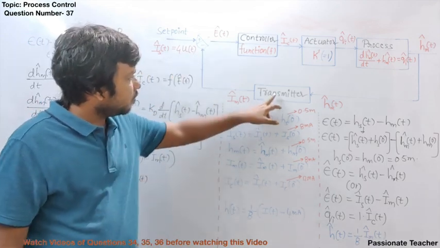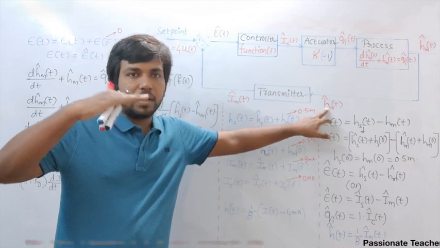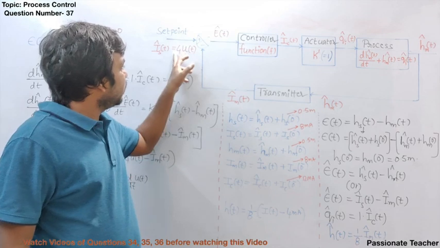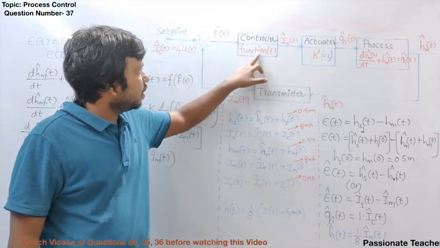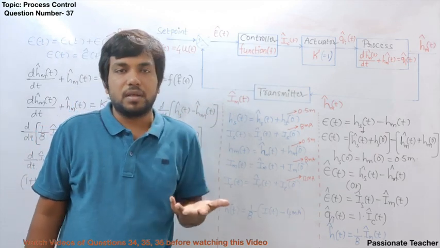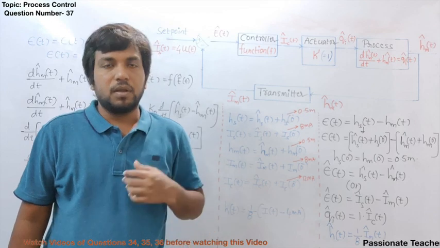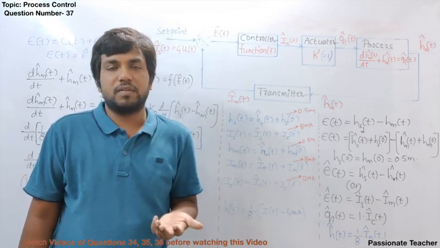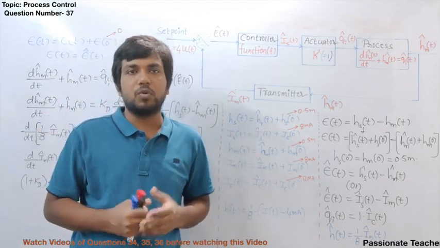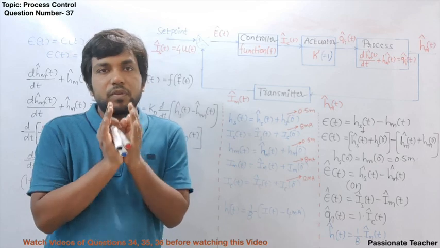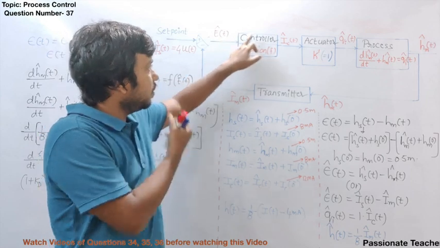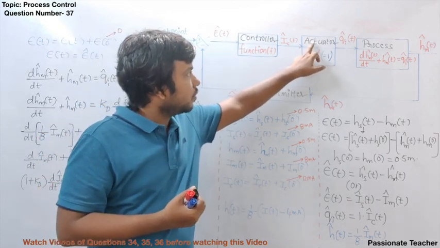We also know that the transmitter will convert the deviation in the water level into a deviation in the current. Now the error is the difference between these two, and the controller comes into the picture. Here the function of the controller is derivative in nature, meaning it will perform differentiation. A device which performs differentiation is called a derivative controller. In simple words, we require a lot of mechanism to prepare the derivative controller, but I have explained it in simple words. Based on the amount of error, this controller generates some current, and that current will flow through the actuator.